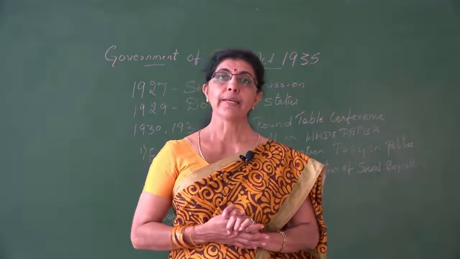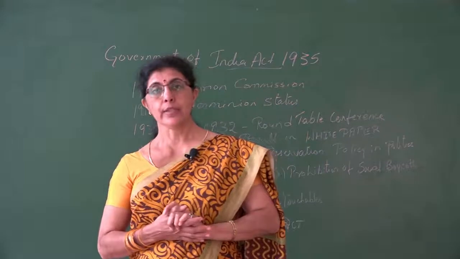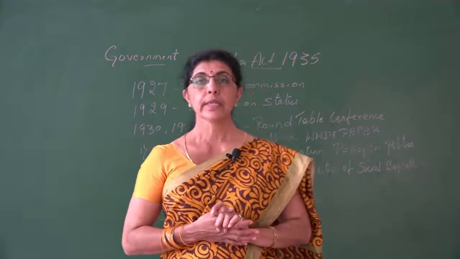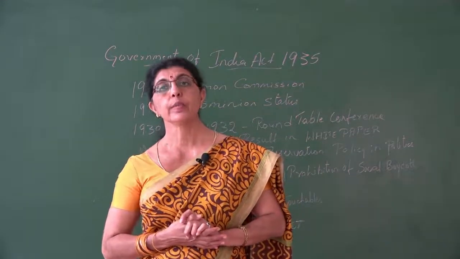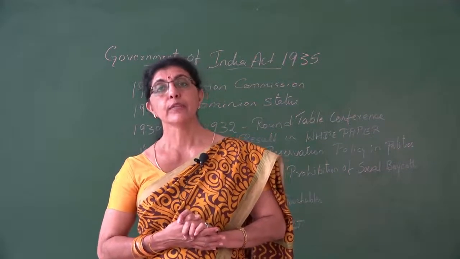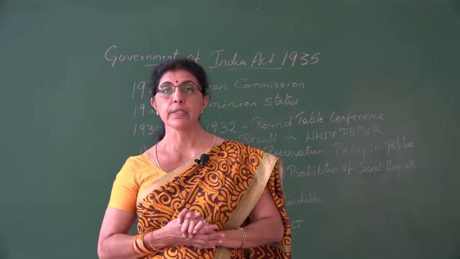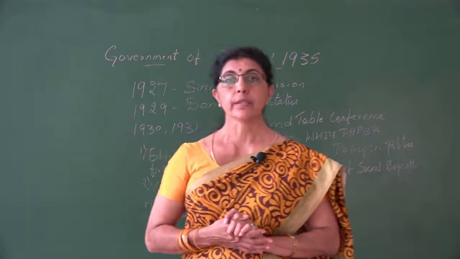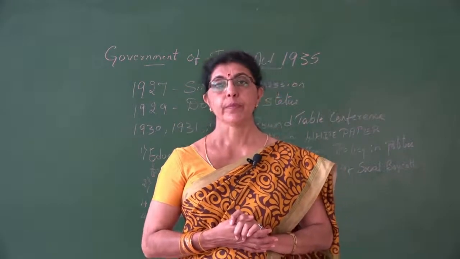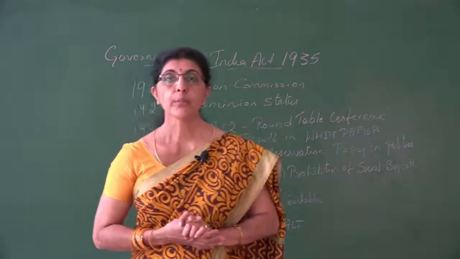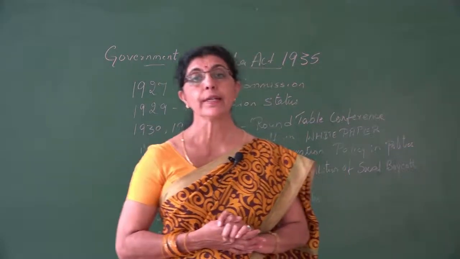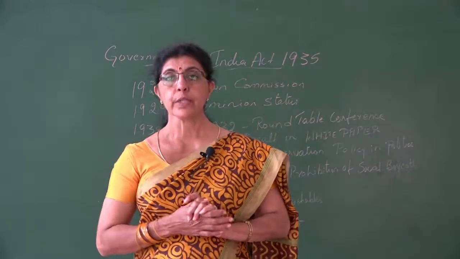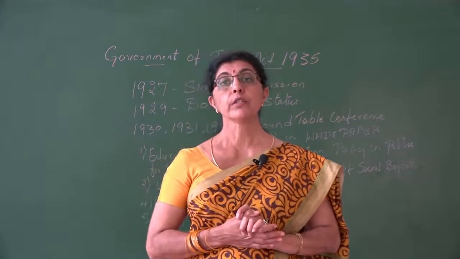These reforms, like the 1909 Act, which was passed, again were a failure. But next, the 1919 Act came into practice. In this act, the British government promised the Indians a responsible government. They also said they would introduce diarchy, that is dual government, in British India as well as for the provinces. But this also failed after some time.